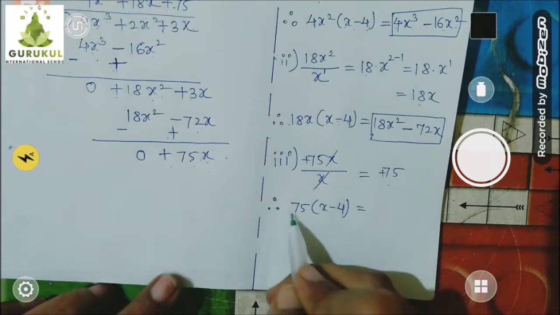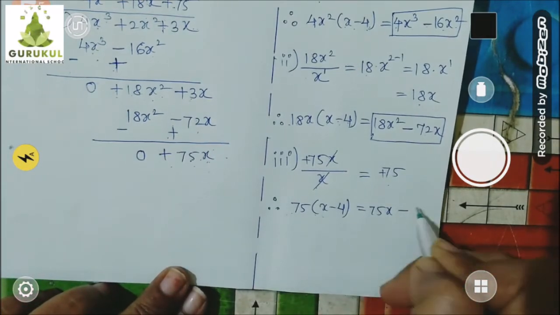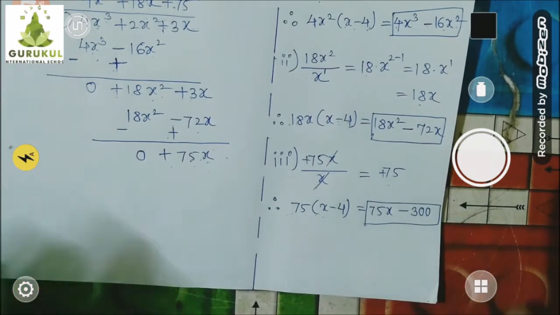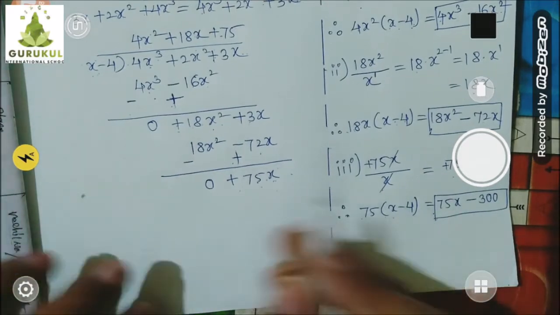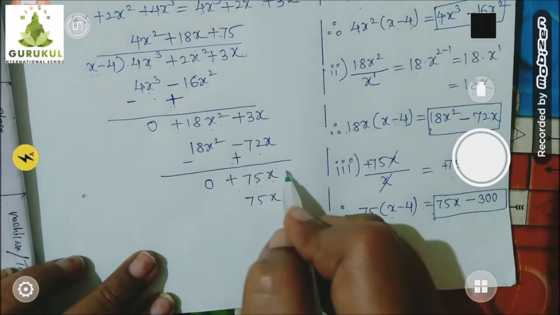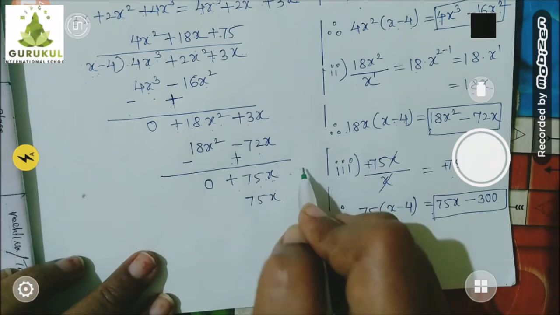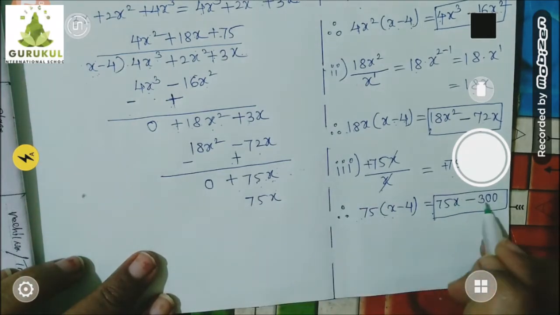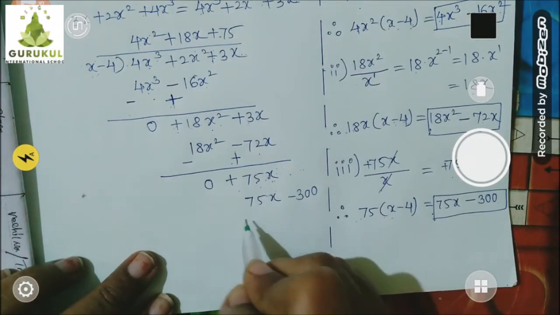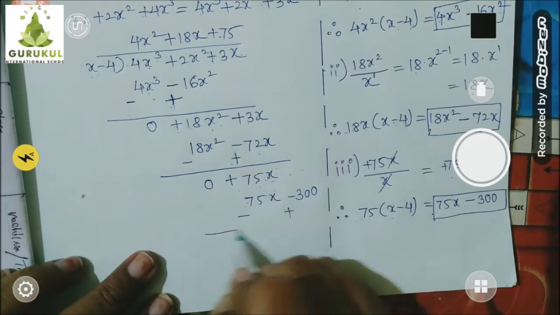Multiply it. 75 into x is 75x, minus 75 fours are 300. And now this I will write below the like terms. So 75x I will write below 75x, and minus 300. Actually there is no constant number up there, but in the starting only I said you can write plus 0. So assume this plus 0 is written over here, and below that minus 300 you can write over here. And then subtraction. Second term sign changes. So this becomes minus, this becomes plus.